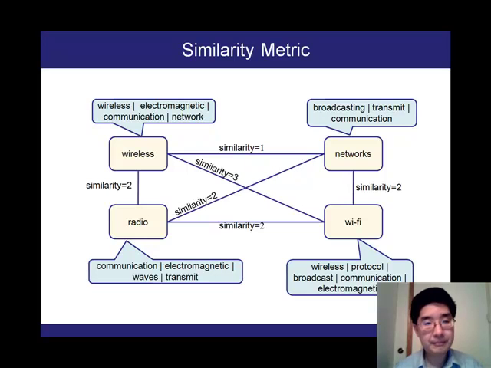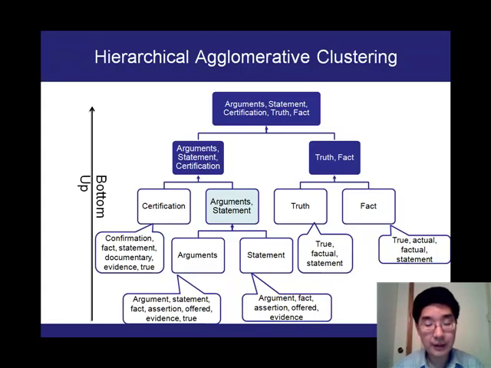And this matches, or jives with, hopefully, our intuition of what a similarity measure is between Wi-Fi and networks, where Wi-Fi is a subset of networks, but wireless and networks have some overlap, but neither is strictly contained within the other. Now we can actually form a concept hierarchy by bottom-up hierarchical agglomerative clustering as well, starting with ground level